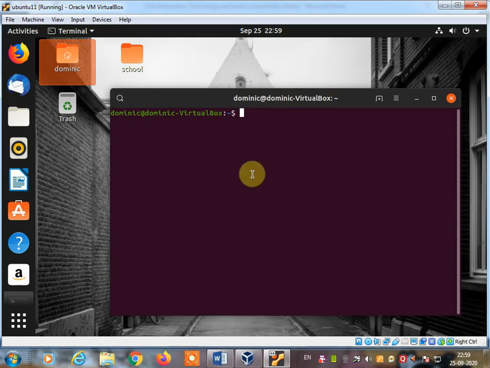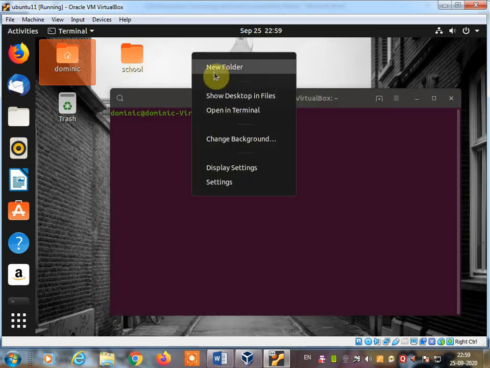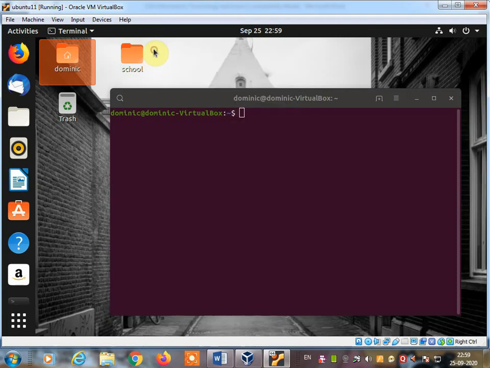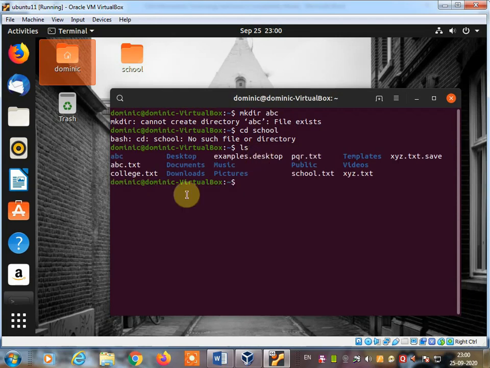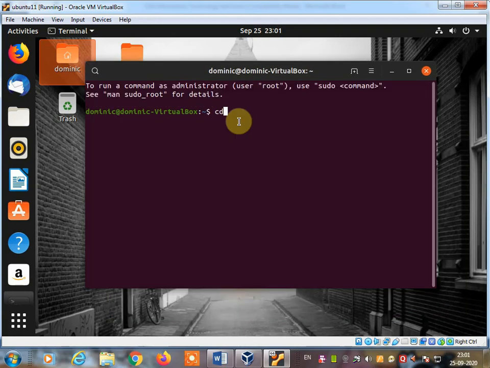In Windows you can easily create a directory. Suppose you are going to create a folder, you can right click over here and click on new folder and you can create a new folder over here. But if through the terminal you want to create any directory, then you can use ls command and go to the desktop, cd desktop, press enter key, you will enter in the desktop folder.